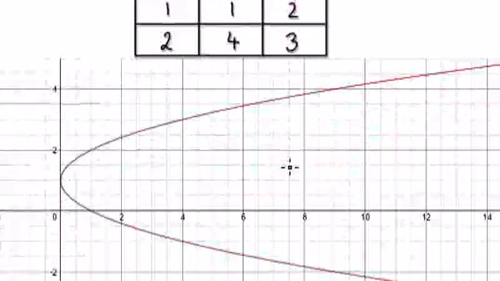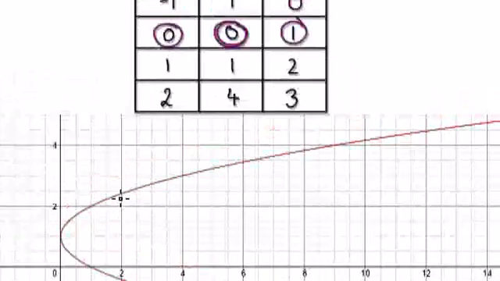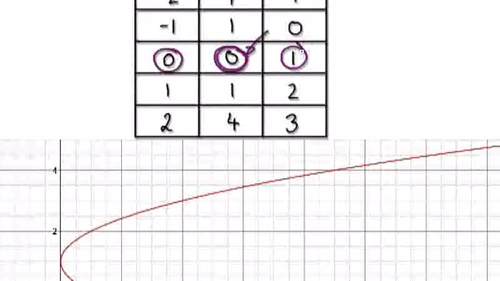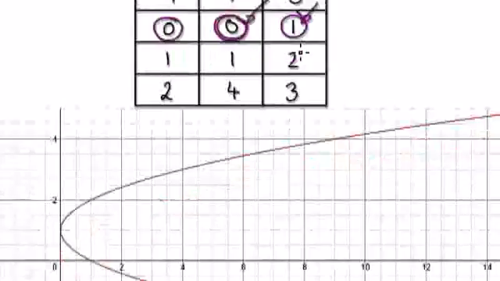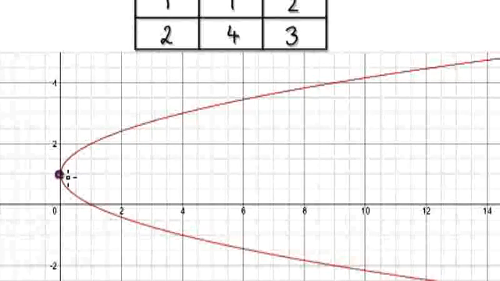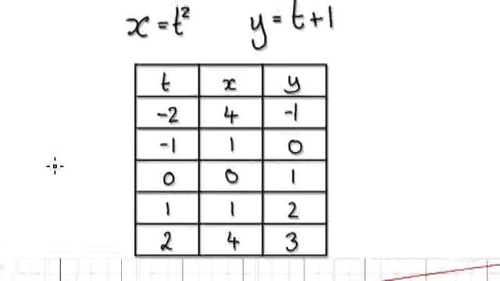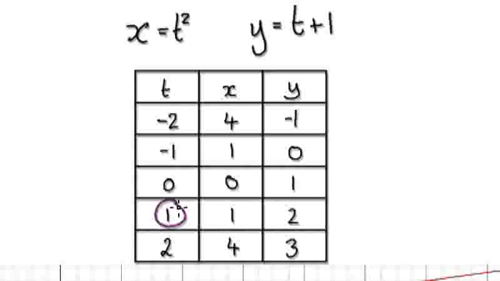So you would create your graph. When time is 0, the coordinates will be 0, 1. So our initial starting point would be right here. This would be when time equals 0, and then we would jump to the next time slot, which